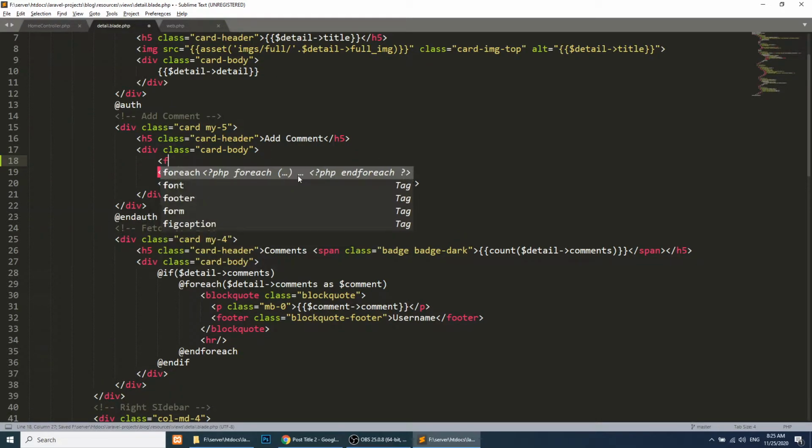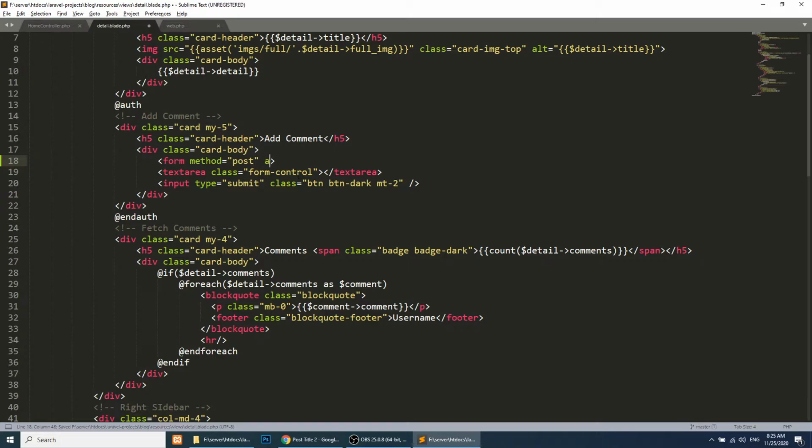So let's do this. We will open the detail page, and here we will add a form with method equal to post, and action equal to, we will create an action for this. The action will be save comment for the detail id.